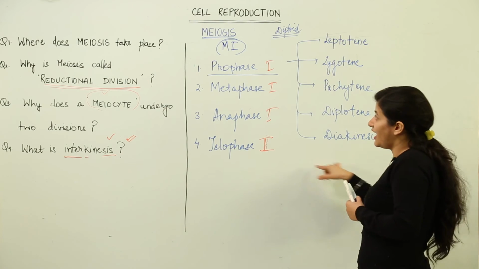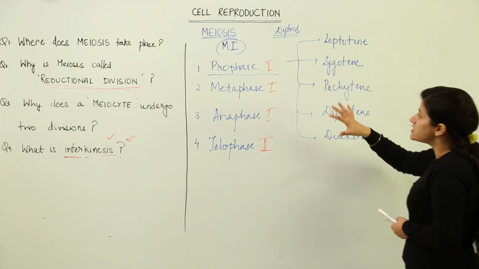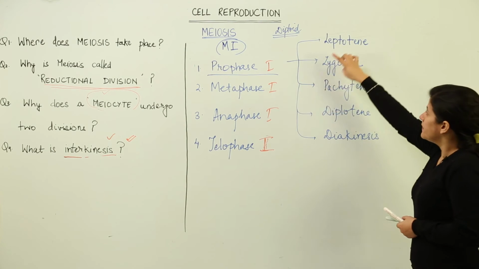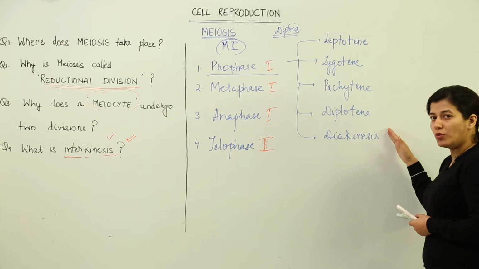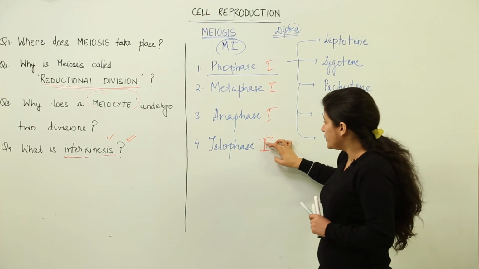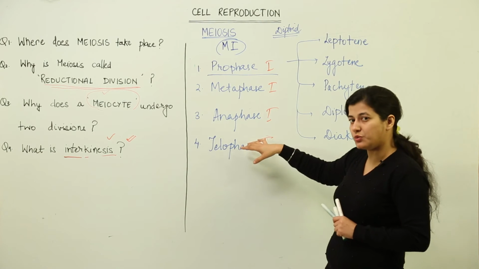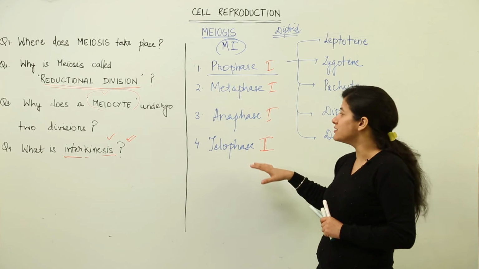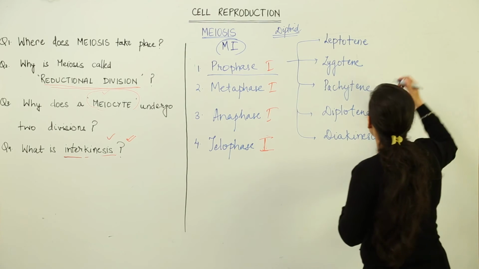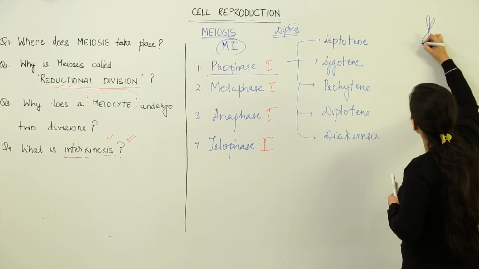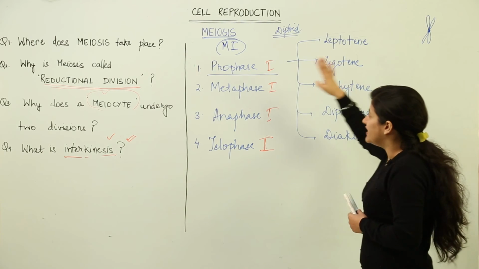These won't be visible in any other prophase, whether it is prophase 2 of meiosis 2 or the prophase of mitosis. It is only during meiosis 1 that these 5 stages are visible. What these 5 stages exclusively deal with is homologous chromosomes. First, during interphase, the meiocyte which has to undergo division goes through its growth period where DNA synthesis takes place. That means the chromosomes entering prophase consist of the original one and the sister chromatid joined at the centromere. This is what a chromosome is as it enters prophase 1.